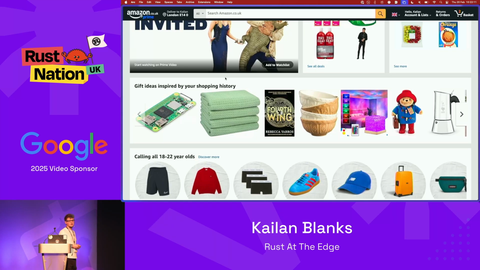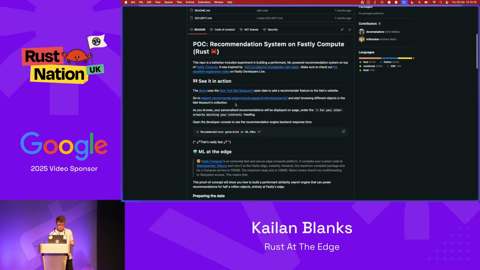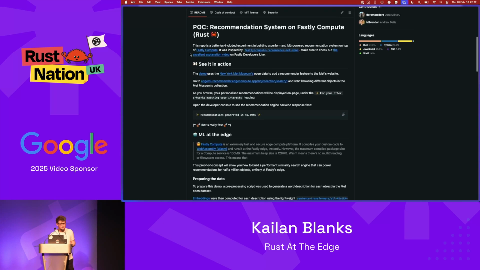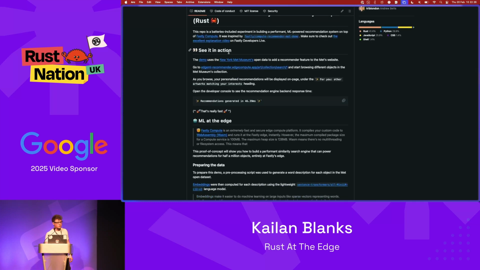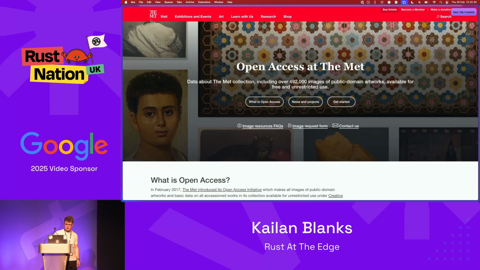So how could we do that at the edge? And specifically, how could we do that at the edge with Rust? Well, I'm going to introduce you to a project by some good friends of mine, which is a recommendation system built on Fastly Compute. And it's really interesting, actually. I'm going to show you the site that we're basing it off of first. This is the New York Met Museum,